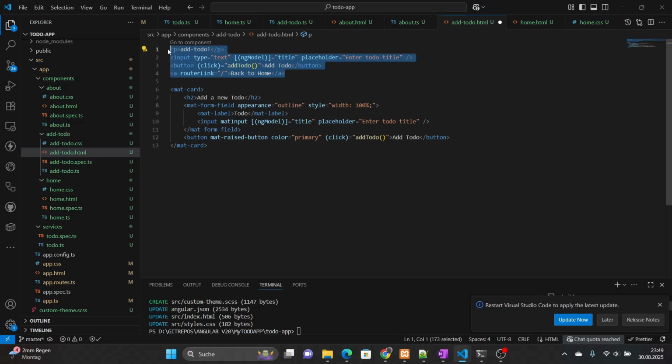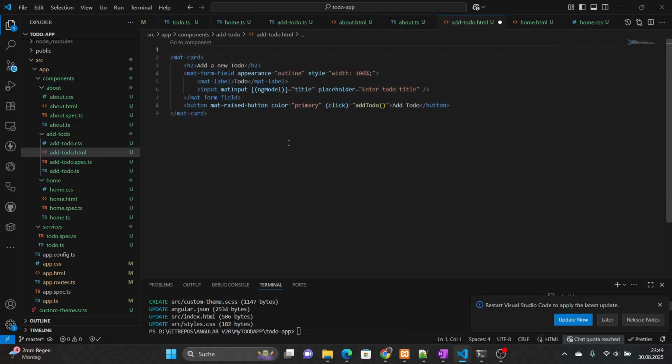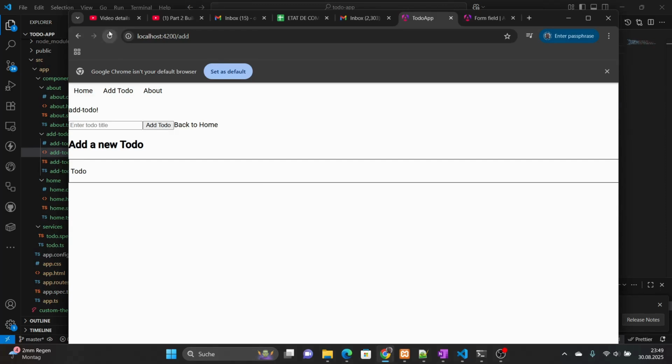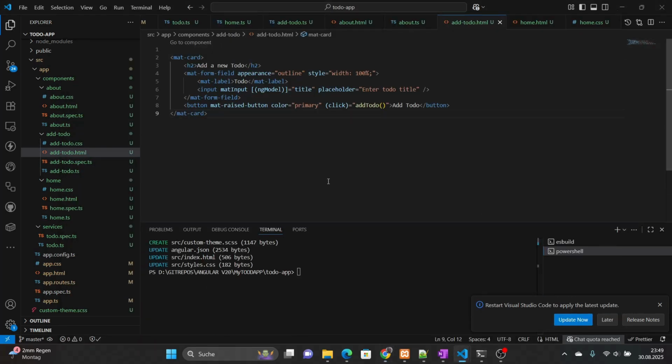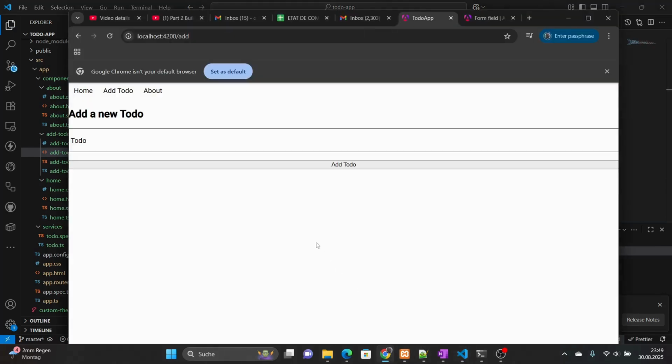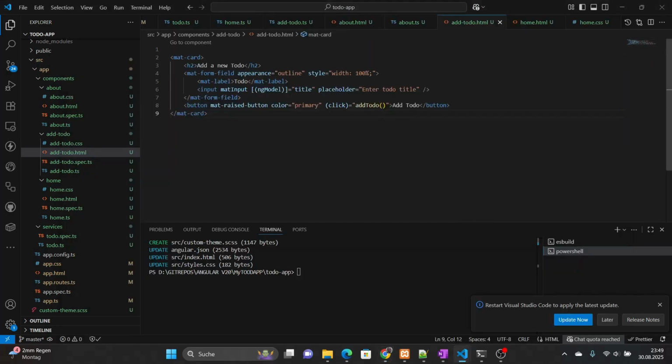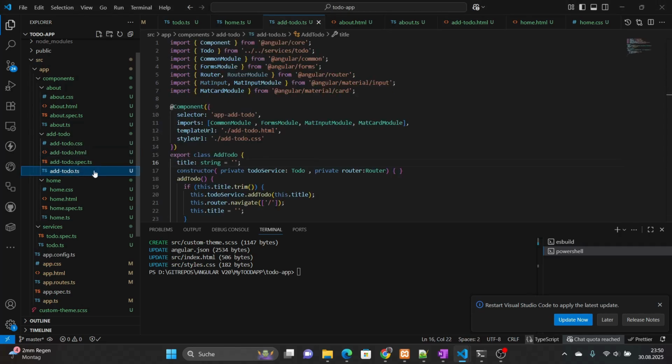So once this one is done, we can get rid of this one and see what we have. It was not saved, so we save it, and then yeah, we have our add to do here, and here is the input, here is the button. So it's a button. Did we add it here? So no, we have to add